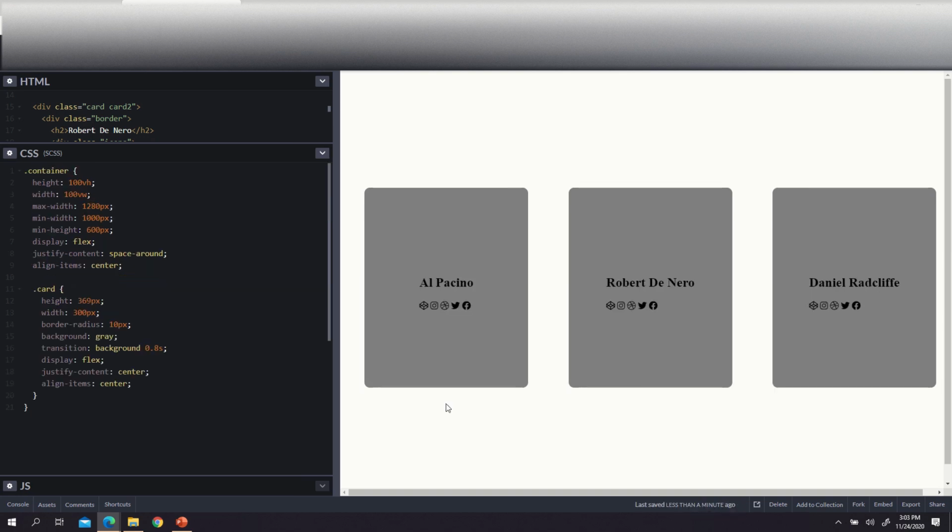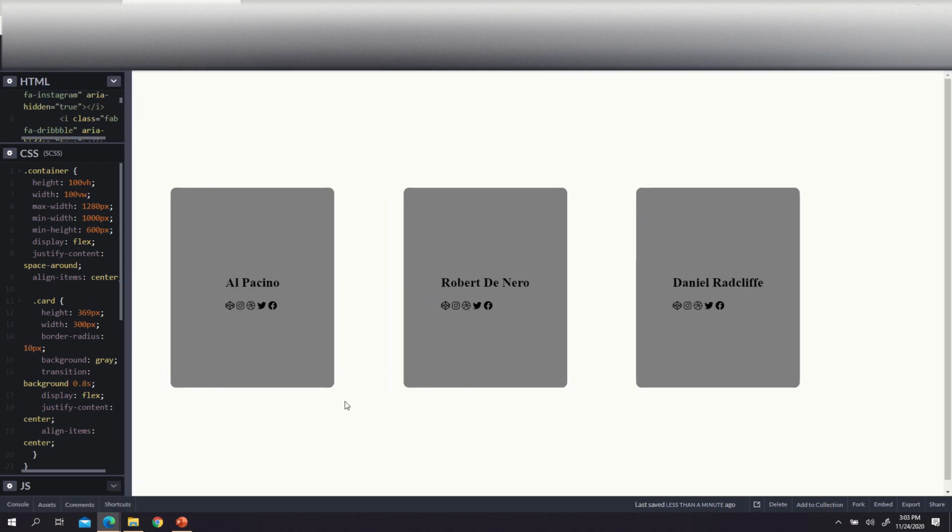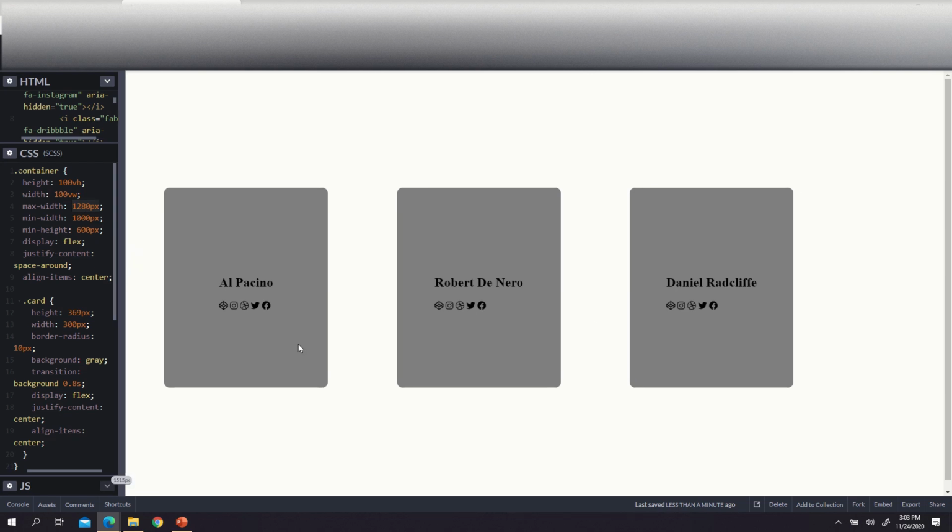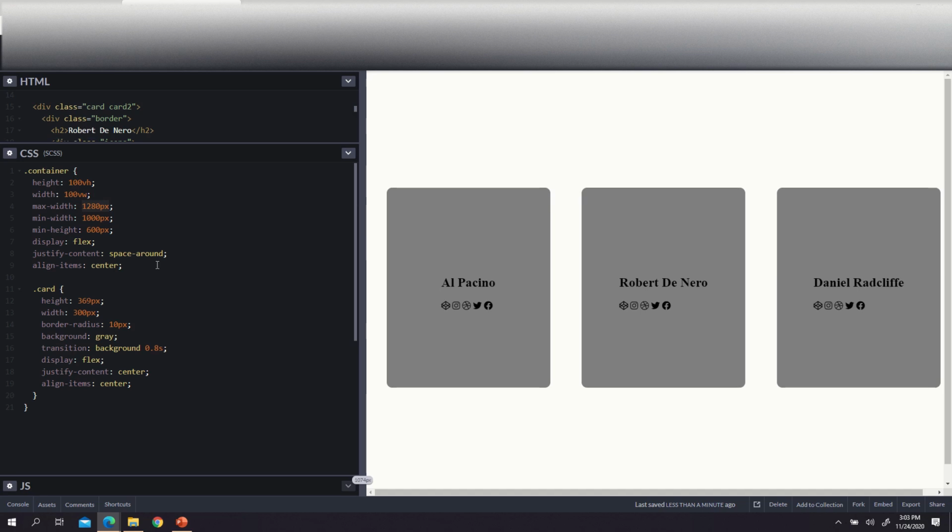I also want to add max width of 1280 pixel, and that's because if anybody is watching this on a 4K display, I don't want it to be stretched out. I want to specify that the width shouldn't be more than 1280. Now when I do that, I can see that all my 3 cards stick to the right hand side, and I can